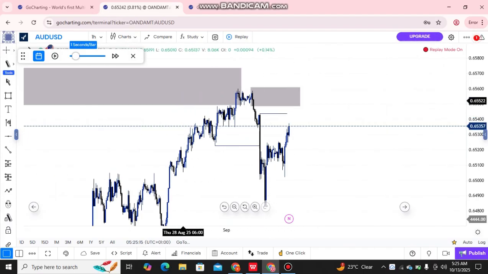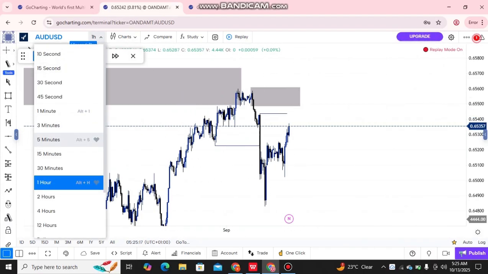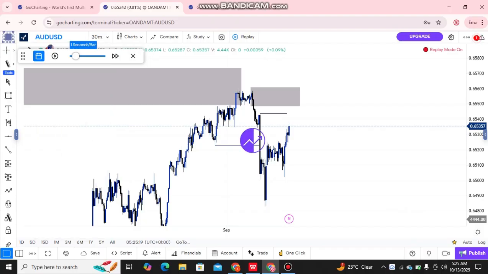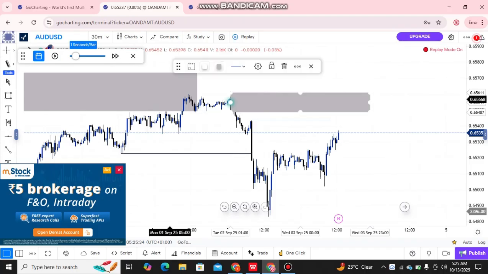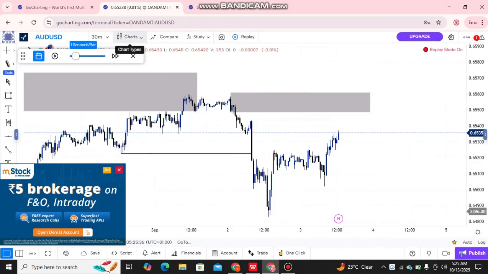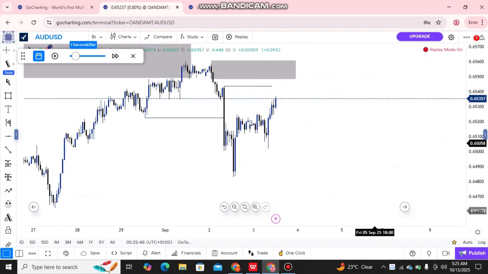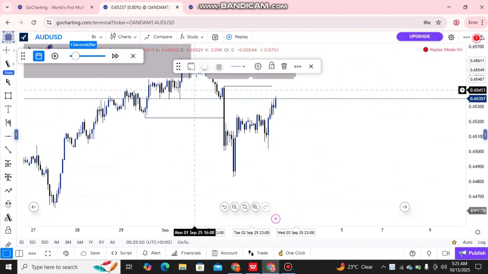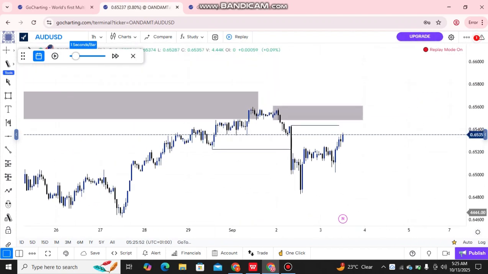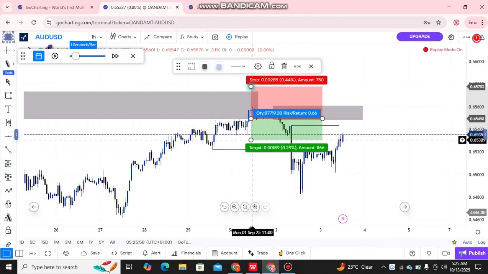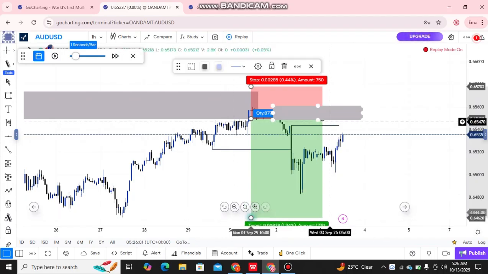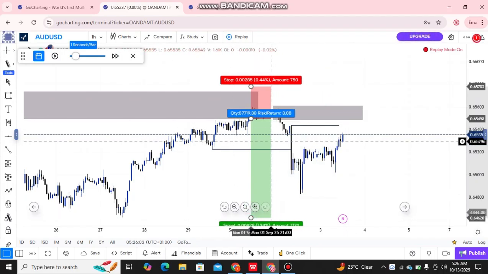So as a conservative trader, we are going to go to our lower time frame, like maybe the 30 minutes. So this is the 30 minutes view of what price is showing us. So you can see the order block, but I would prefer the 1 hour time frame, or we could even check 45, but let's leave it on the 1 hour time frame. So on the 1 hour time frame, this is how it looks. So remember, aggressive traders are already in this trade, and we're just going to put their position here. Their stop loss is above the zone, their take profit at the most recent low. So aggressive traders are already in,